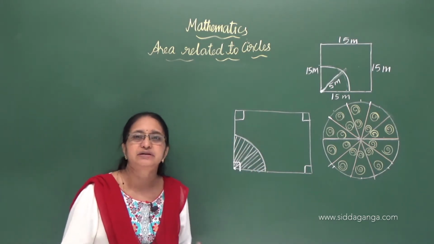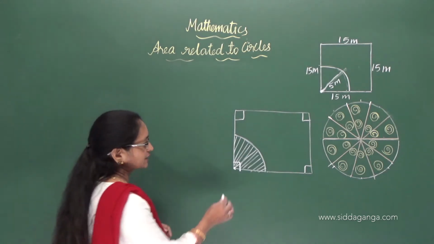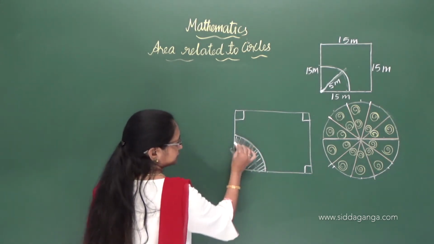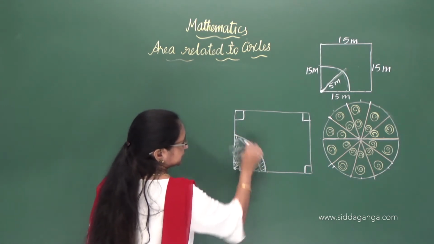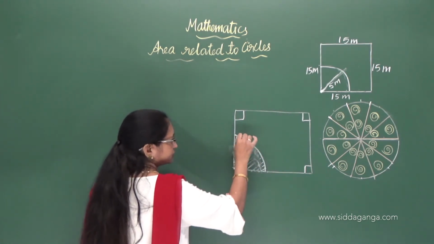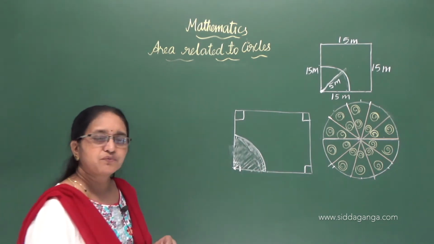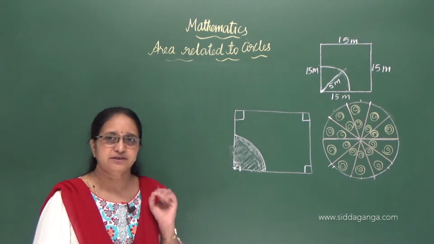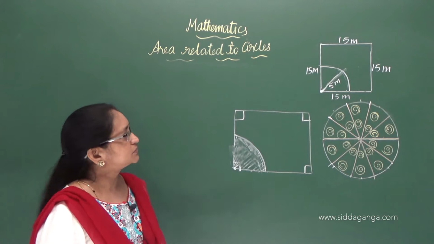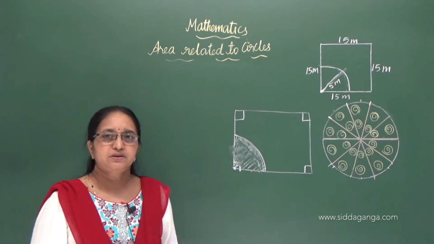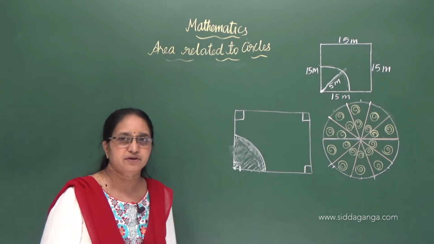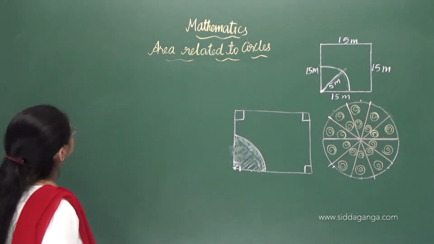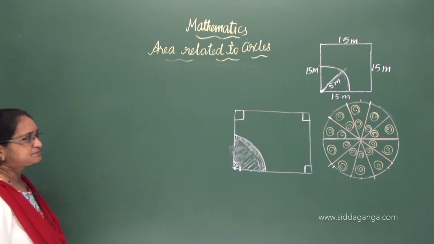So indirectly what they are asking is, the horse can graze this much area, correct? This much area of the grass field. It can only go this much area. So we need to find out the area of the sector. That is the first part of the problem. After solving this first part, we will move on to the second one. So, how shall we start here?